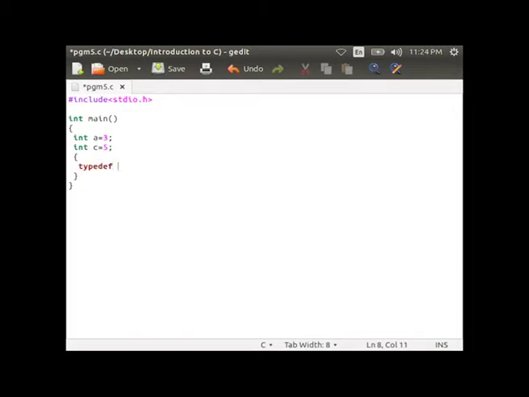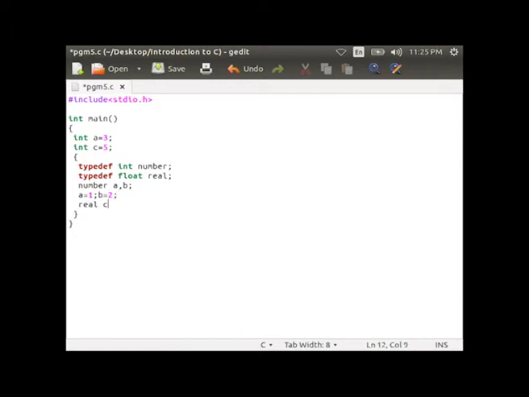Then within curly brace, typedef int number and typedef float real. Then you are declaring the variables a and b as number data type, that is number a comma b. Then a equal to 1 and b equal to 2.